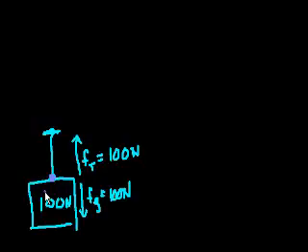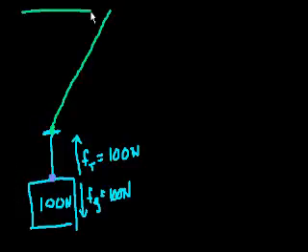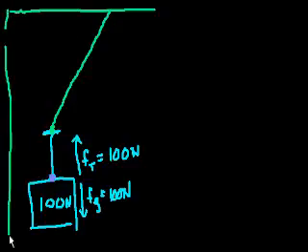So with that fairly simple example done, let's create a more complicated example. Let's take the same weight. Instead of attaching it to the ceiling, let's add two more strings. Let's make this green string, and it's attached to the ceiling up here. That's the ceiling now, and this is the wall. And let's say there's another string right here attached to the wall. So my question to you is, what is the tension in these two strings? Let's call them T1 and T2.